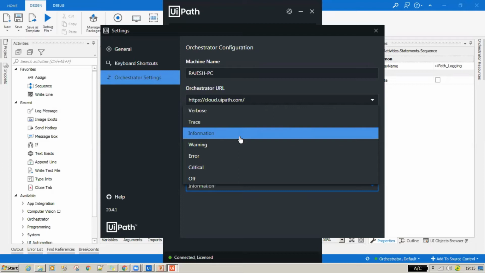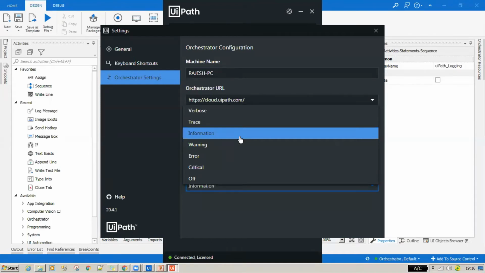Let me start with Trace. Trace logs are basically for developers or testers. They enable us to see at what point or activity the process threw an exception. Say you're trying to develop or test this project, and at a particular point in the runtime some activity is faulting out, or some initialization is faulting out. You want to see at what point the process threw an exception. The Trace logs will help you at this level. Whereas coming to